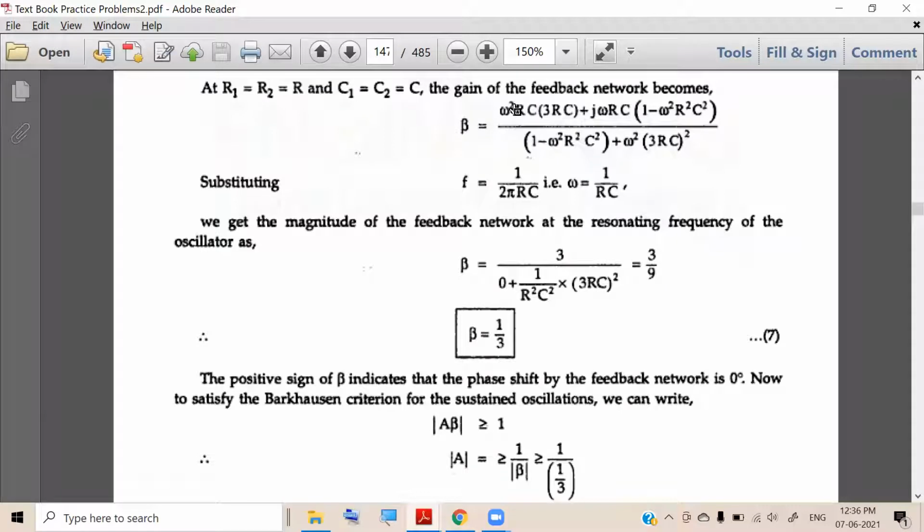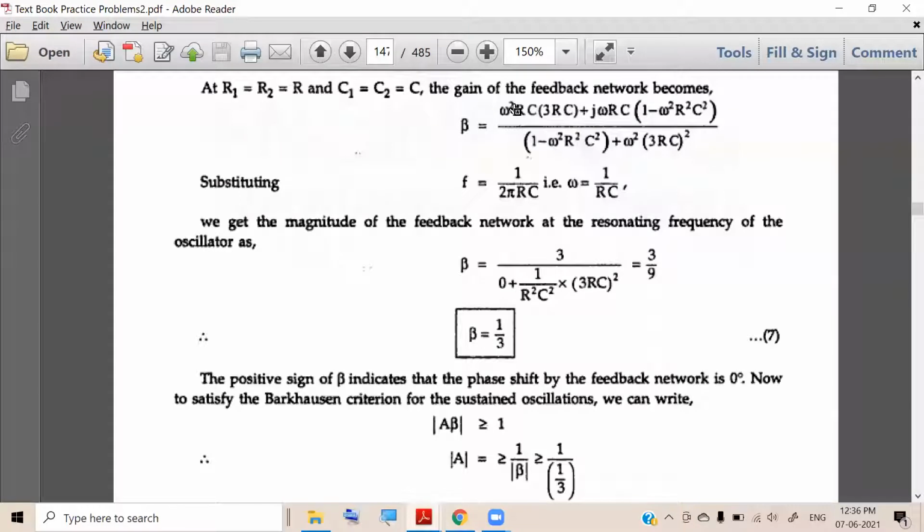In those two, what is common? Omega square is common. So omega square in the numerator and omega square in the denominator will cancel. Then what is common? See here, R1 C1 plus R2 C2 plus C1 R2. The same expression R1 C1 plus R2 C2 plus C1 R2 but squared. So the square and this term will cancel because this and this are already 0. So what will remain?